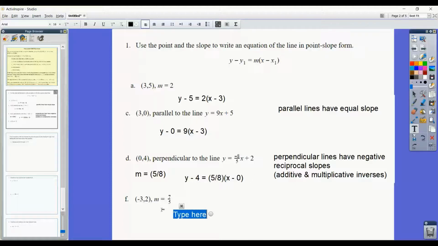So now with this one here, this is not too bad, except notice that the x-coordinate is negative, so there's one little minor difference that we do to this. So we'll write out the formula, which is just y minus 2, and then the slope is 7/5 times x. Now it's minus negative 3, but again, one little simplification we like to do here is when we have a subtraction of a negative, we would prefer to write that as addition. So we'll write x plus 3 instead. So y minus 2 equals 7/5 of x plus 3,